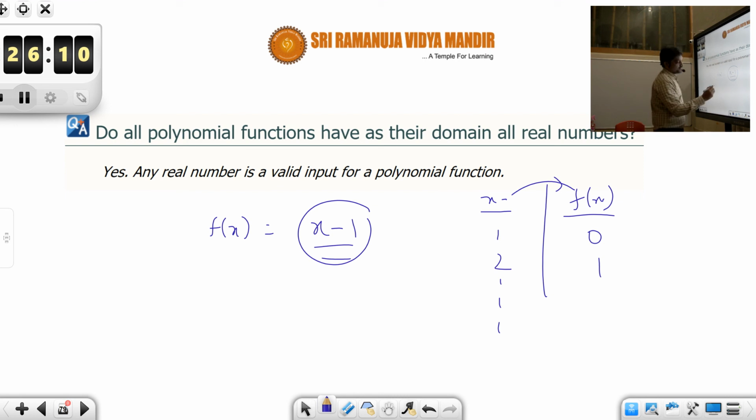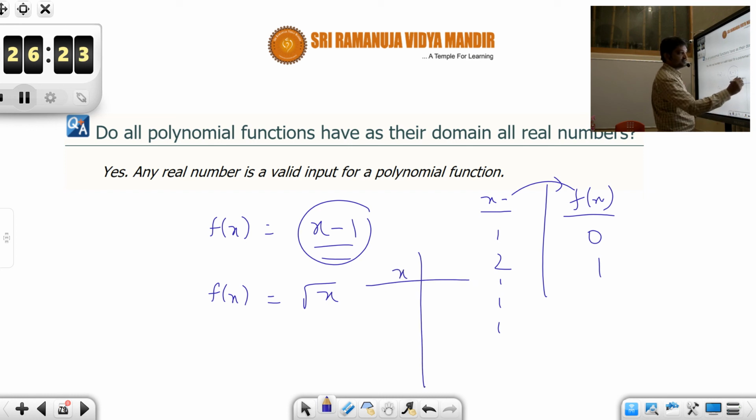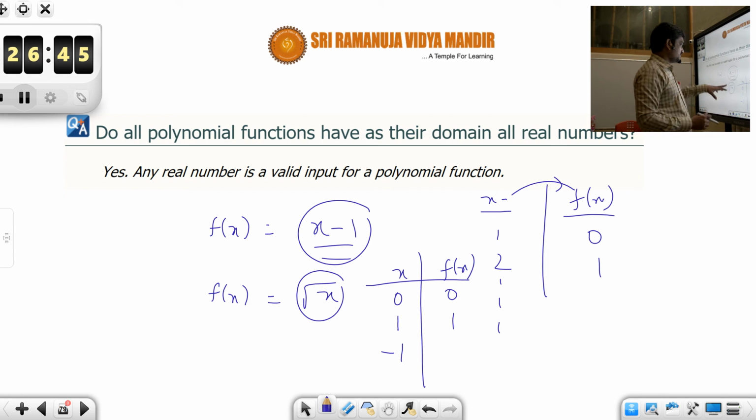Now similarly, look at another example, say f of x is equal to square root of x. Here, students, similarly try to find the domain. We have discussed all these in one of our previous lectures. Substitute x is equal to 0, we will be getting 0. Substitute x is equal to 1, we will be getting 1. But if you substitute minus 1, square root of minus 1 is not defined. So in this particular example, this expression is not defined for negative values.